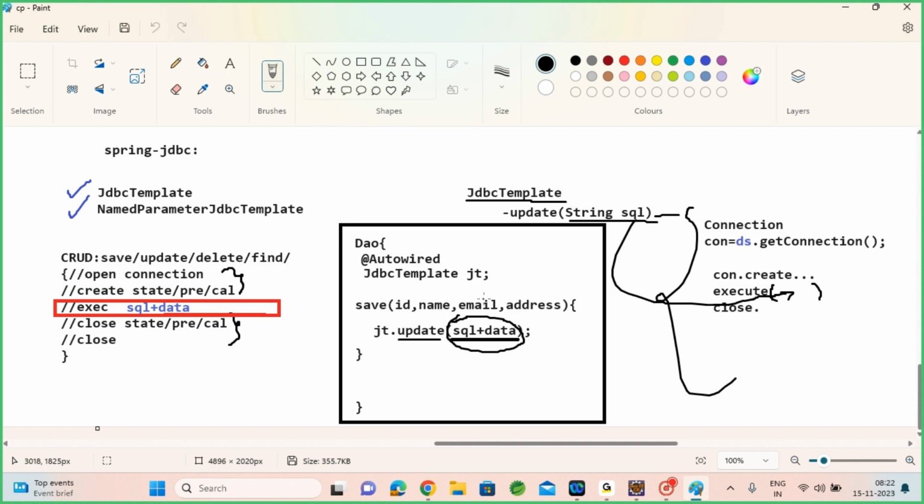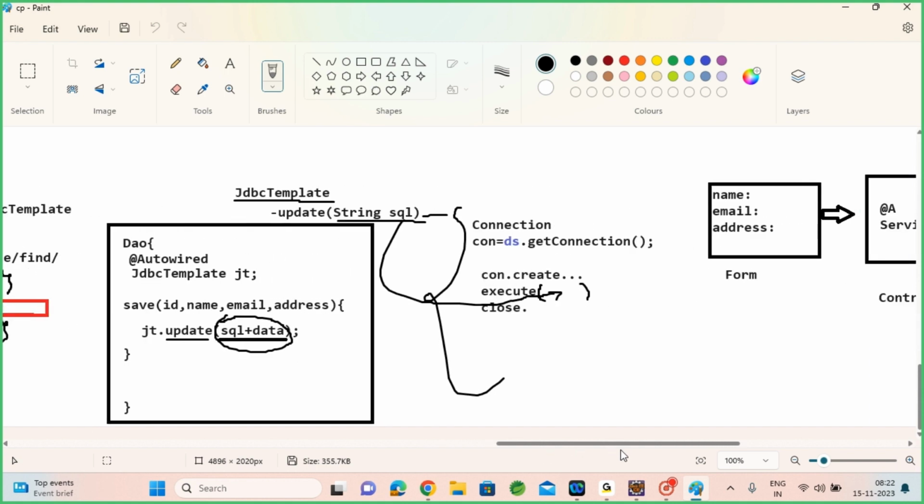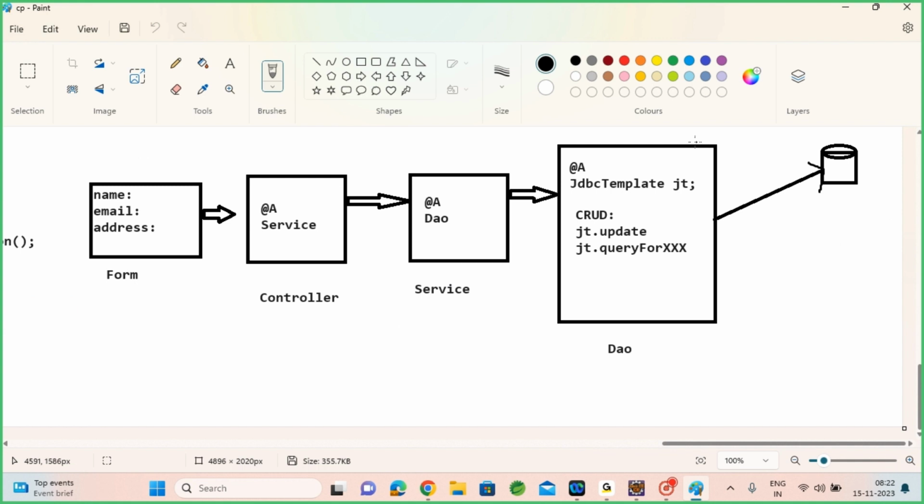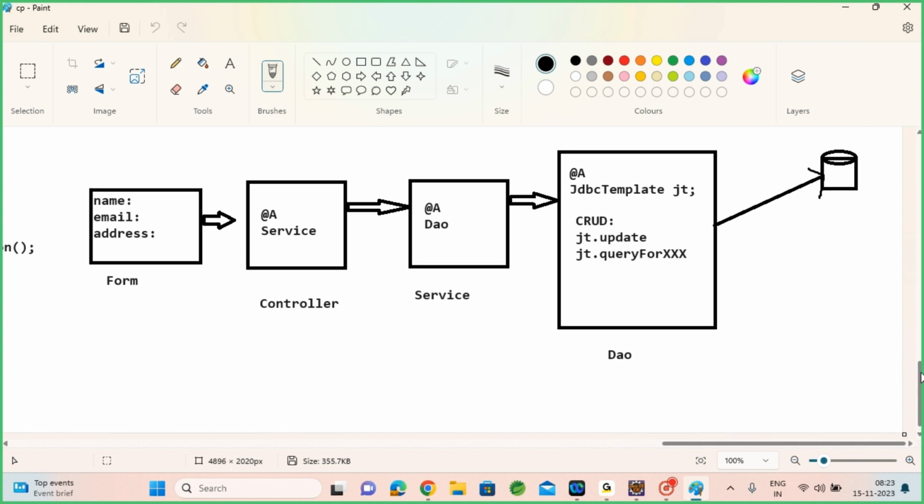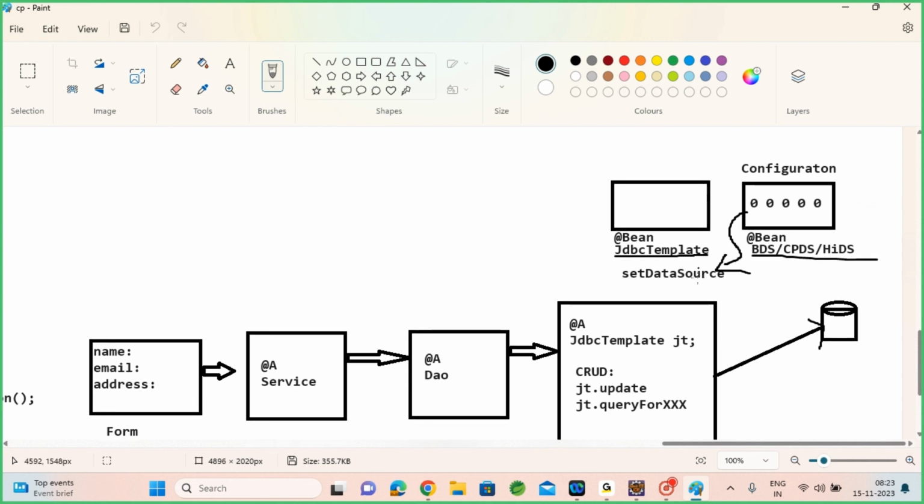In case of Spring JDBC, if you try to use JDBC template, first thing, JDBC template ensures that you must use a connection pool. You have to create a connection pool and you have to pass that connection pool into JDBC template. Then you can use JDBC template in your class. That means JDBC template always